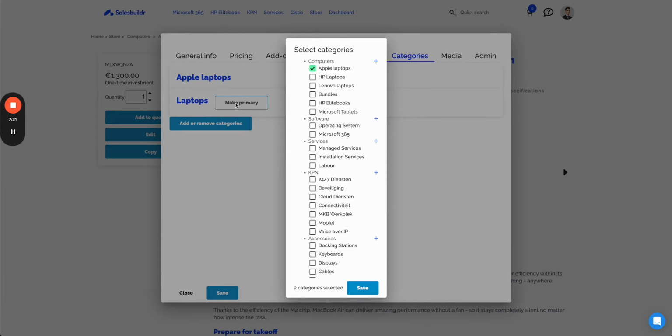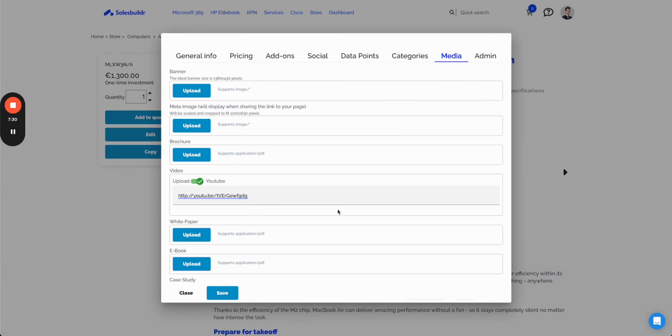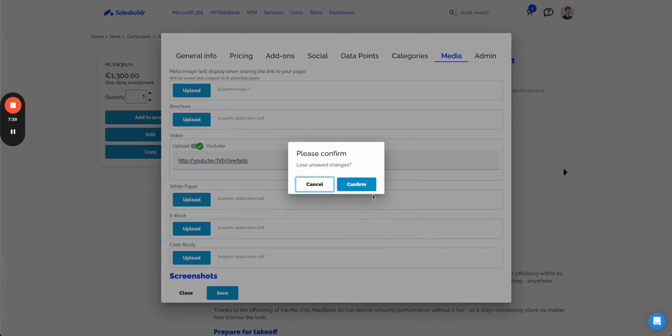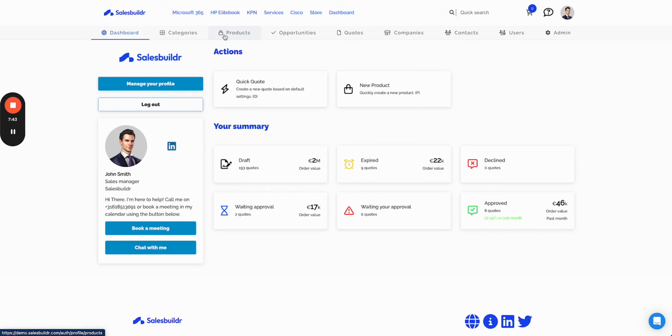You have a primary category and a secondary category that you can use, or multiple secondary categories. You can also enrich each item in your portfolio with additional images, screenshots, white papers, or videos to provide a complete experience for your end customers. Let's go back to the dashboard and